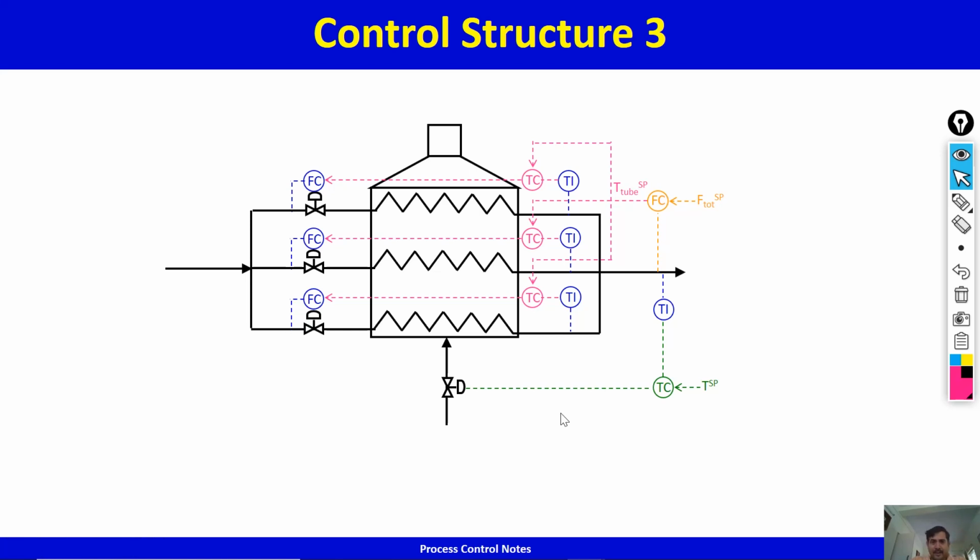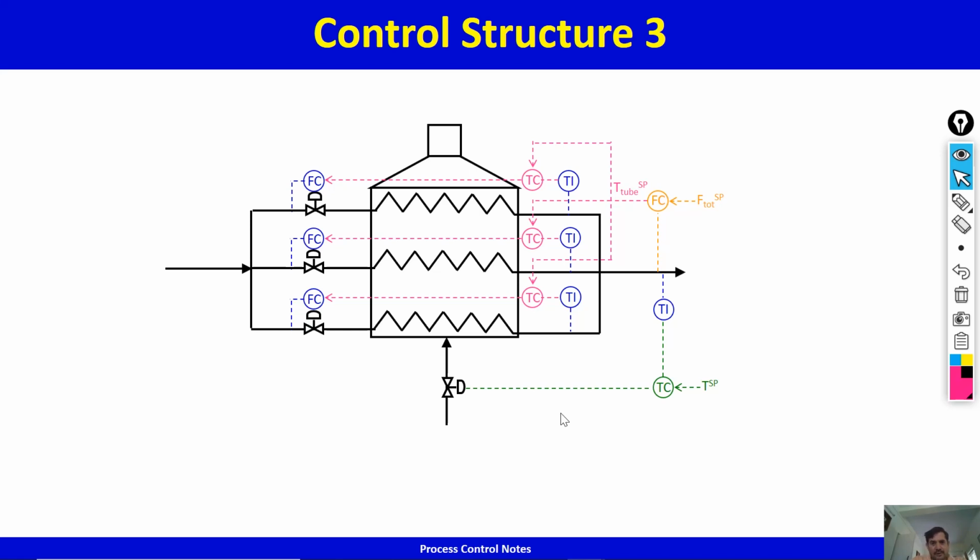But in each of these control structures 2 and control structure 3, please note that the control of F tot, the total flow, is actually loose in the sense that you're not at set point all the time. You can deviate and then you'll come back. The controller will bring it back. So the steady average flow would be F tot set point, but if you look at snapshots, small time windows, you will have flow deviating away from set point. And there are refineries that usually will say that okay, the crude rate through the furnace should be exactly fixed. You want no deviation away from F tot set point.